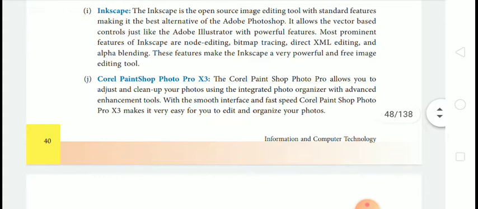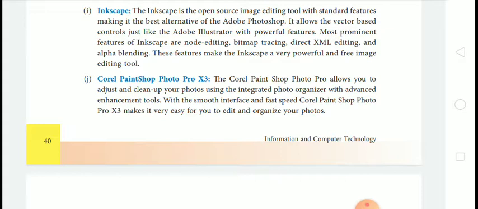Next one is Inkscape. Inkscape is an open source image editing tool with standard features, making it the best alternative to Adobe Photoshop.